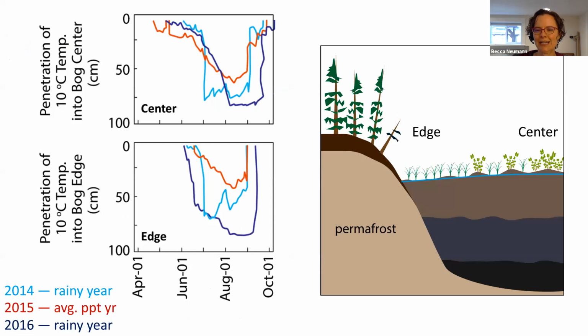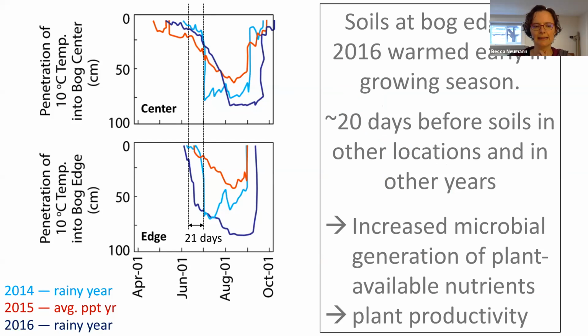The answer to that question has to do with soil temperature. So the data I'm showing here are the penetration of 10 degrees Celsius temperature into the bog soils. This is for the center of the bog, and the lower plot here is for the edge of the bog. And then the colors correspond to the 3 years according to this legend down here at the bottom. And so what we see is that soils at the edge of the bog warmed up about 20 days earlier